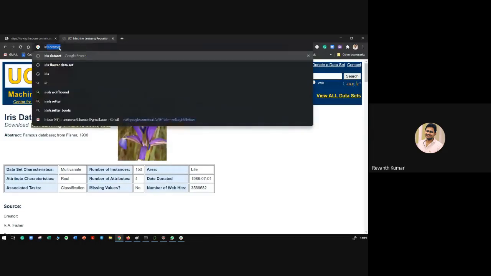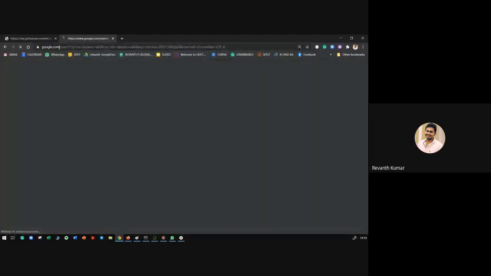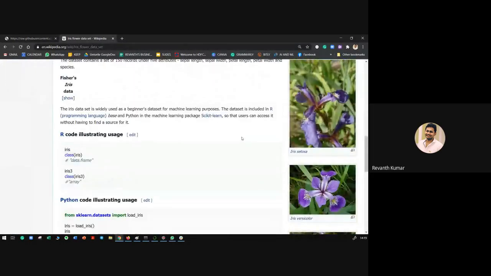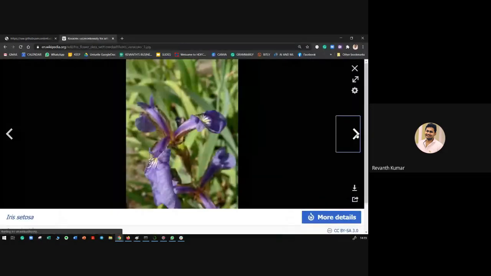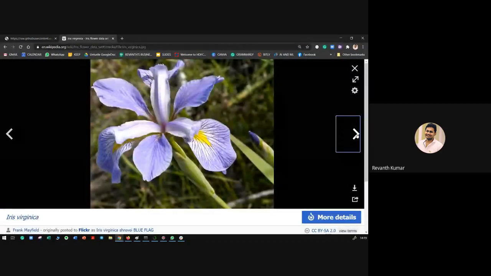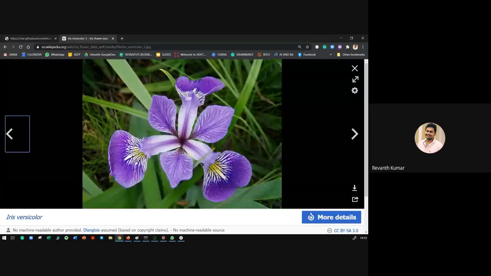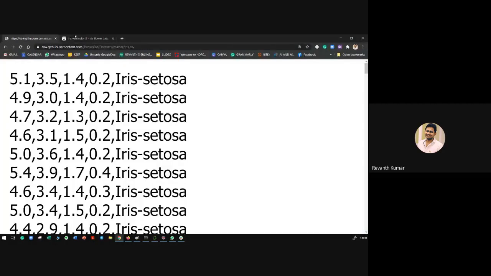Normally, with this iris data set, you differentiate different flowers. See, there are three different kinds of flowers here, right? Number one, number two, and number three. Correct? If you observe, what is the difference between all these flowers? One of the differences is the length of the sepal and the petals. Sepal length, petal length, sepal width, petal width. These four. You would have learned this in your biology somewhere in your plus two or plus one or